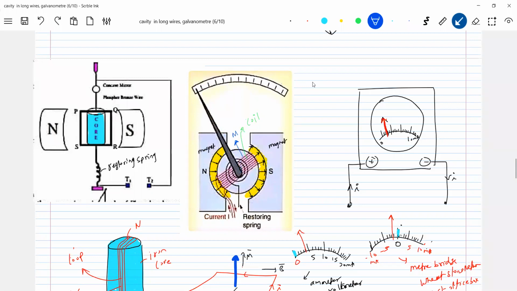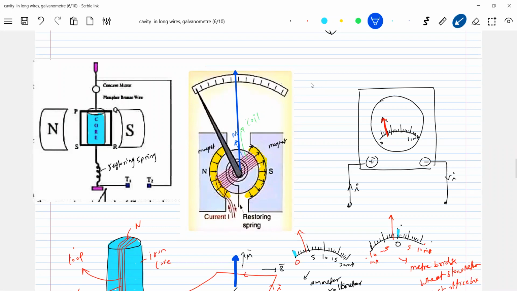A concave mirror is used to avoid a parallax error. If the pointer is here, no. So definitely what happened? To avoid that parallax error, the concave mirror is used, so that if you see from either side, no error. So to avoid parallax error, the concave mirror is used here. Okay, got this.